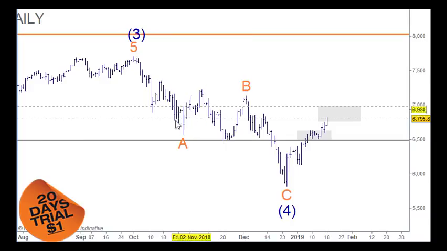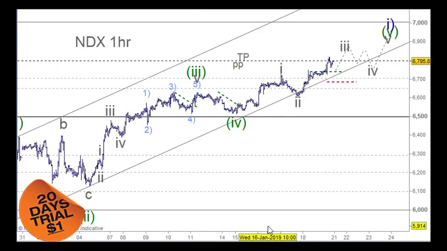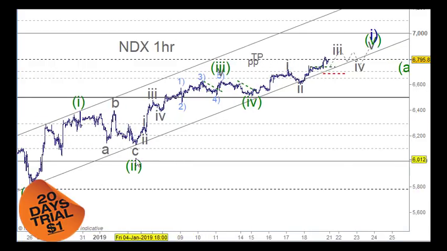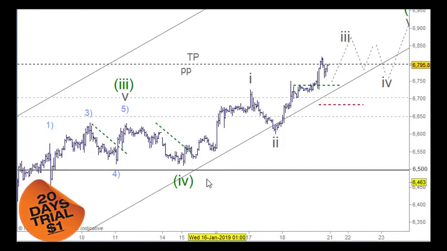So I'll just go to the hourly chart here. Keeping it simple, wave 1 and wave 2 to here, and then wave 3 and 4 here, and here it looks like, if I can just go over this little count here,